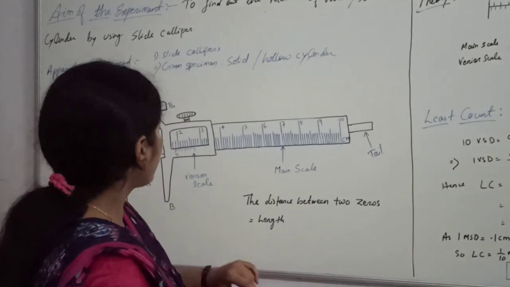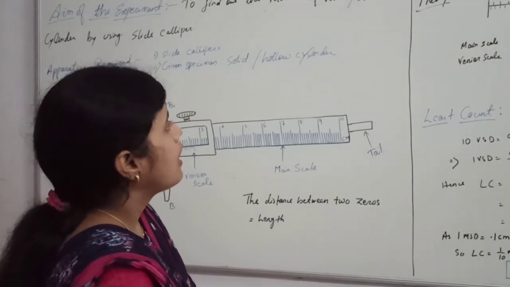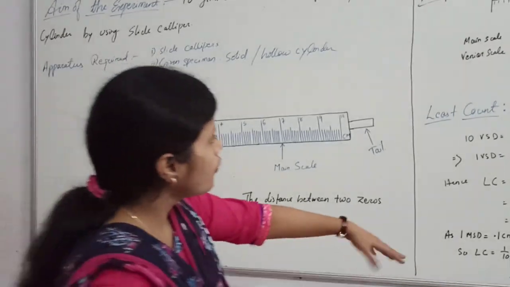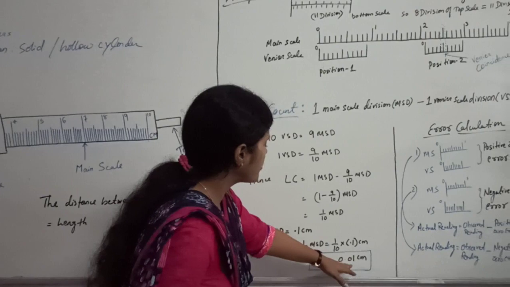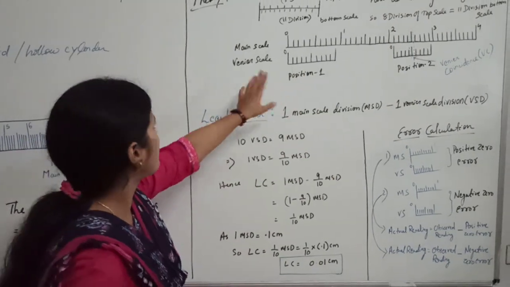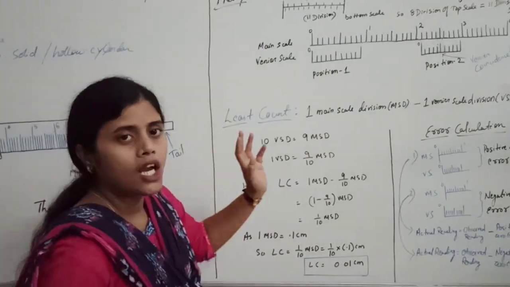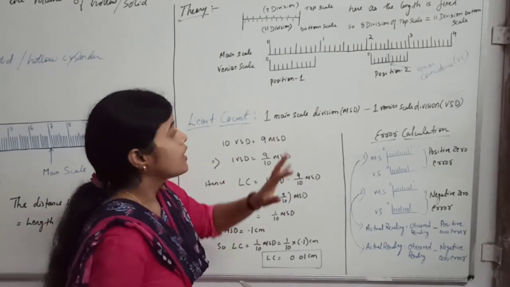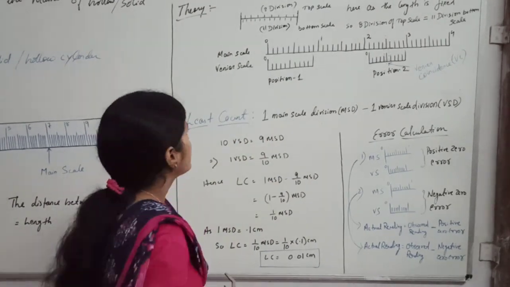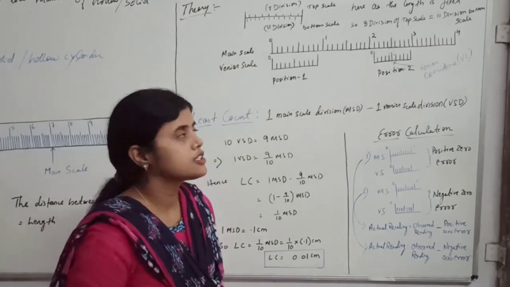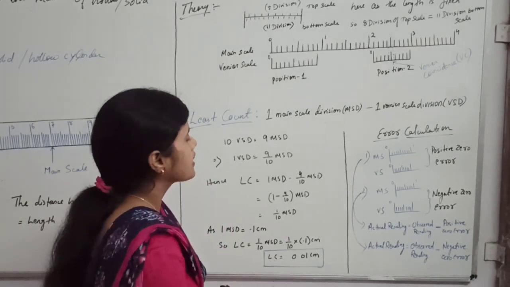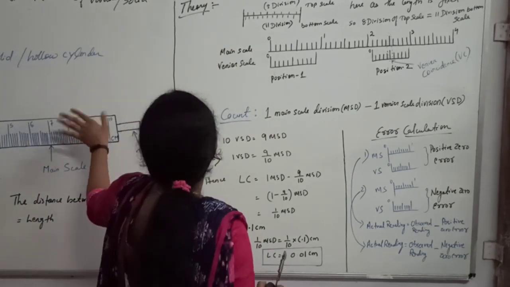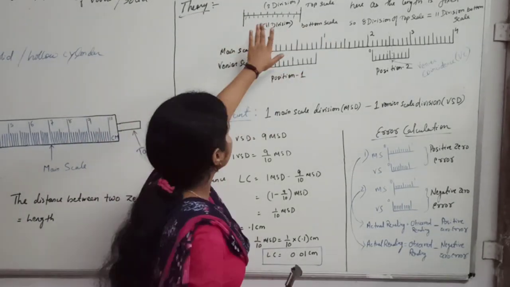So let me tell you how the least count came into picture. Before explaining how this least count came into picture, let me tell you another piece of information about this vernier scale, upon which principle this vernier scale works. This is called the Vernier principle. Suppose I have taken one example here. This is not part of this diagram. Just for an example, I have shown here.